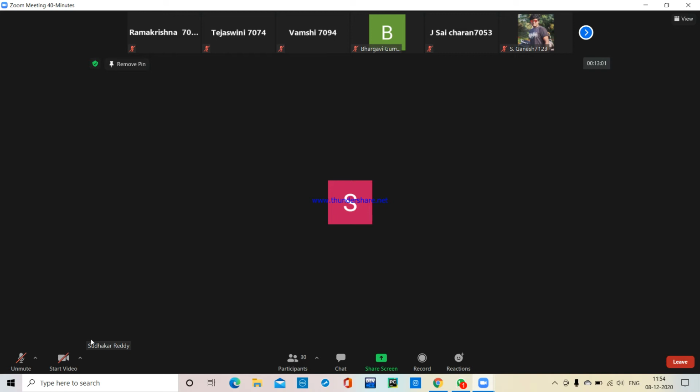The primitive operations: insertions are done from the rear end, and deletions from the front end. Here front is pointing to 25, and rear is pointing to 85 in this example.